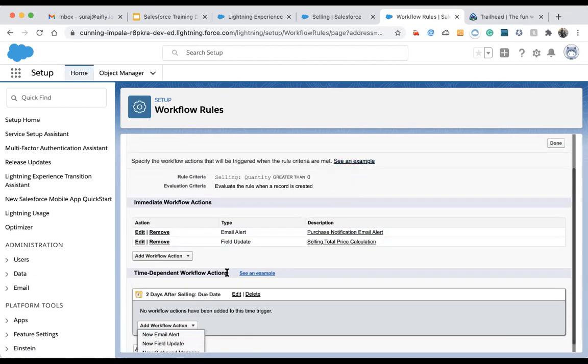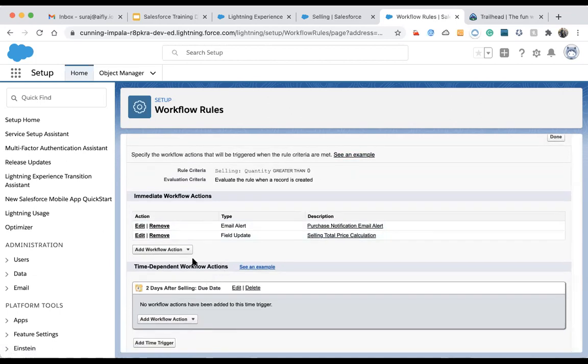All are similar to workflow, but the thing is, these actions are immediate actions. Whenever the rule criteria match, it will just execute the action.